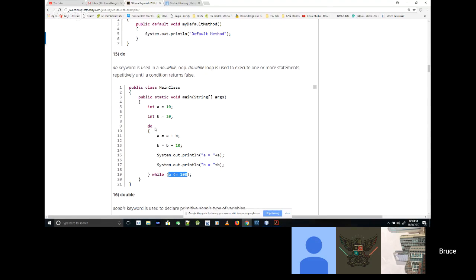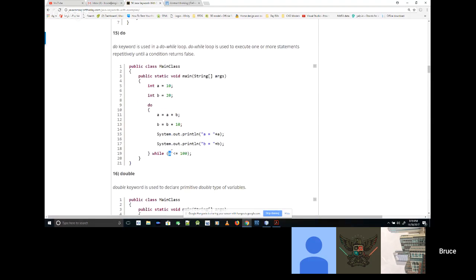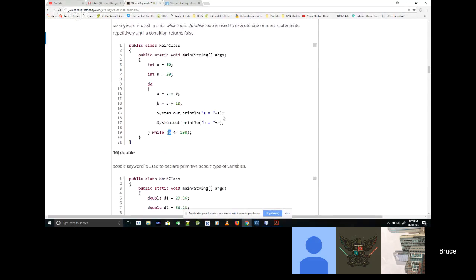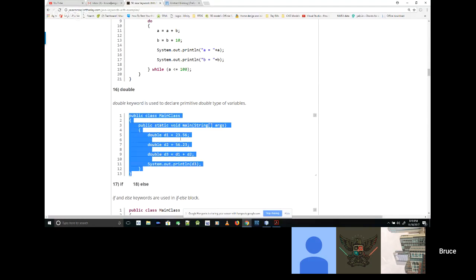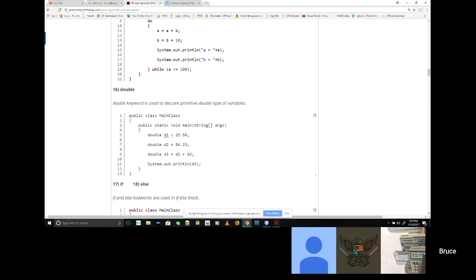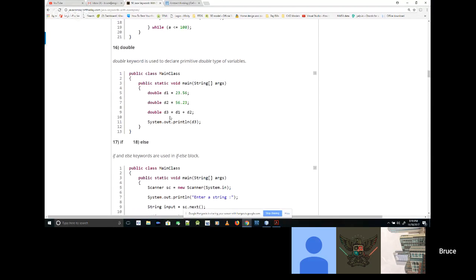It is possible in these do whiles to have a condition, let's say, for example, you forget to increment the letter A, and it's true. Guess what it's going to do? It's going to run this do forever and ever and ever, and it'll never get out. So you've got to make sure when you're doing these while loops and things like that that you can actually get out someday. The double keyword is a special way of indicating floating point numbers. We've done this before. There's times when you want to have a number being precise other than just an integer.